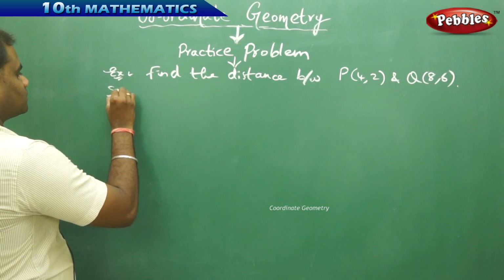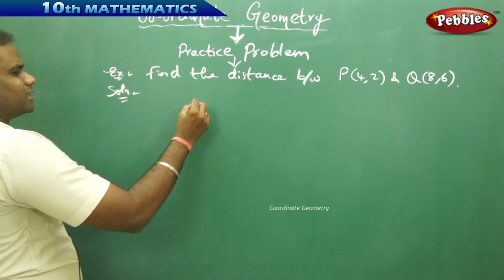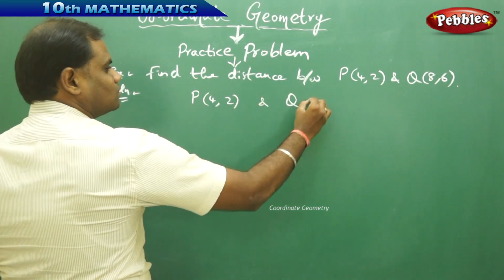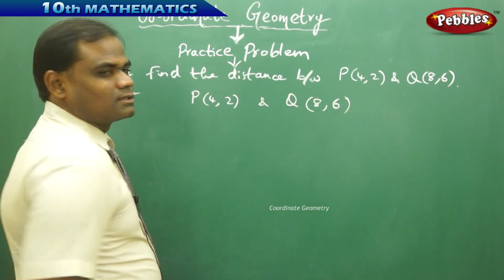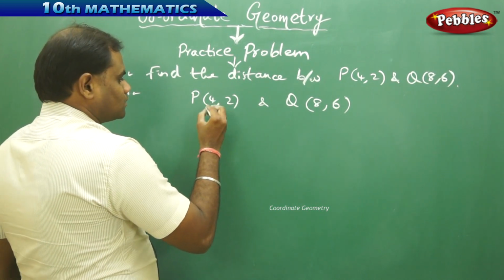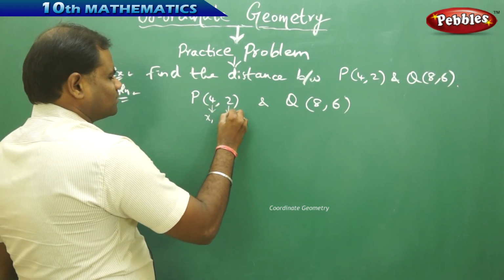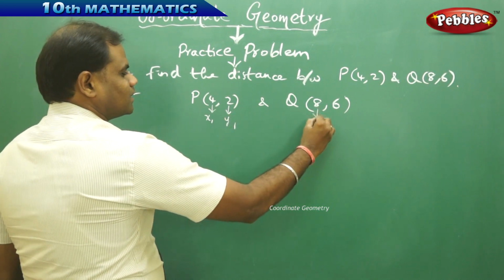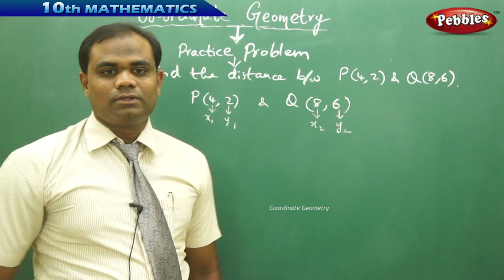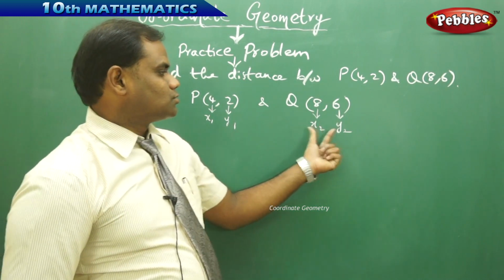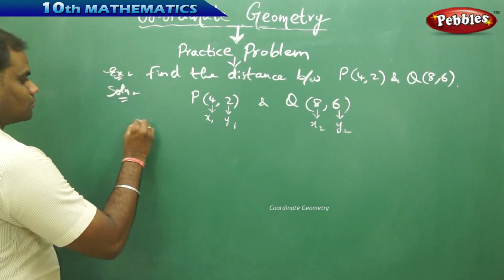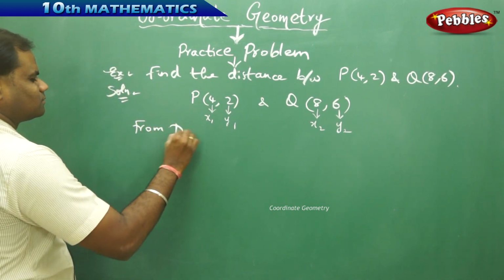So before we start with using the formula, I take the points P (4, 2) and Q (8, 6), which when compared with the general formula makes me utilize this as x1 and this is y1 and this is x2 and this is y2. So x1, y1, x2, y2 are all the 4 values given. Therefore, from distance formula,